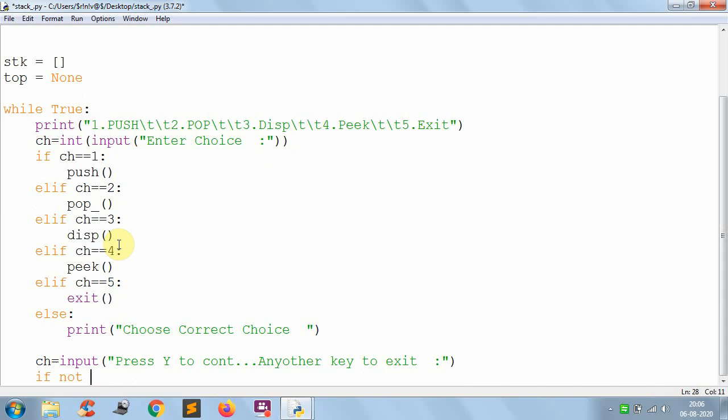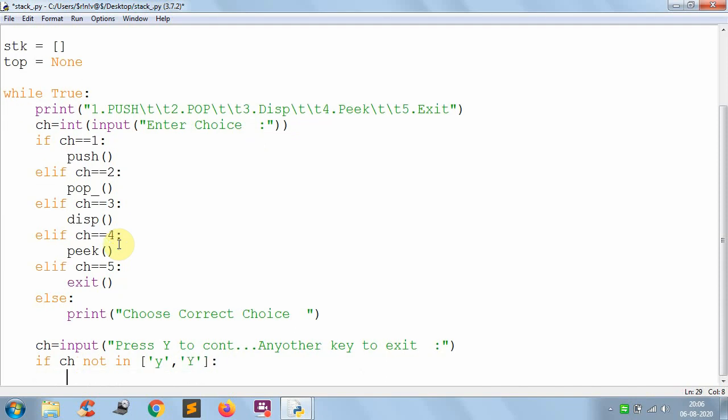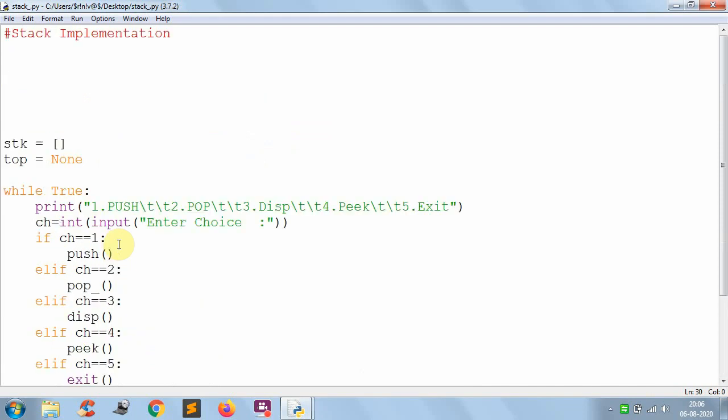If not, if ch not in, you can give a list, then break. Menu is ready.